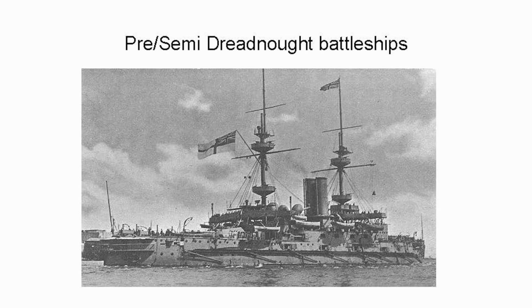Now we move on to the big boys. These are the pre- or semi-dreadnought battleships. Now, any battleship that was laid down before 1905 has the old style of armament, in which case they've usually got two turrets in the center, and then the majority of their weapons are secondary, so they're all a lot smaller, and they're mounted on their broadside. That's mainly for dealing with torpedo boats or anything that can get in close, but also because they're still fighting in the Napoleonic style of forming up and then giving each other broadsides and blowing the hell out of each other,